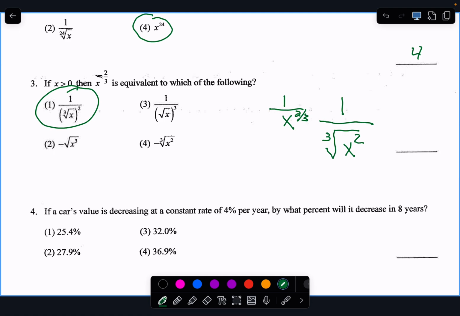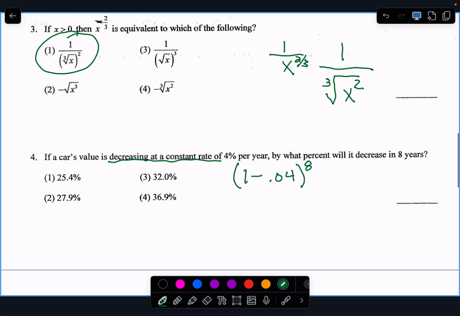Number 4 was really, really interesting, right? So you had to go one way and then come back the other way, right? When we do decreasing, what do we do with the rate? We have to subtract it and raise it to the power, right? So we have to subtract 0.04, raised to the 8th power. This becomes 0.96 raised to the 8th power, which is